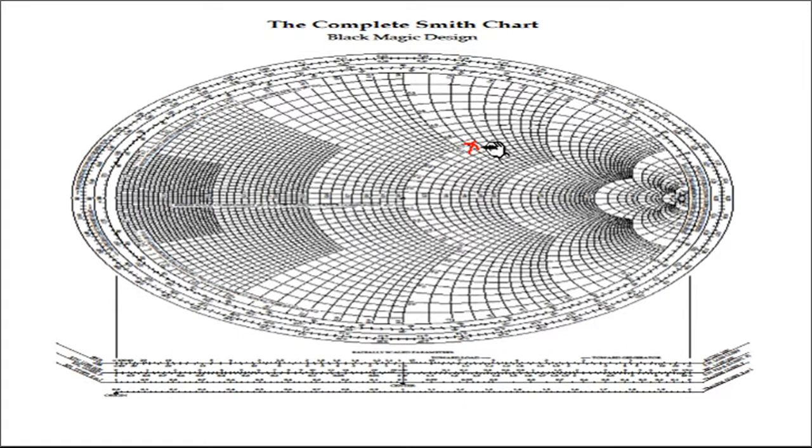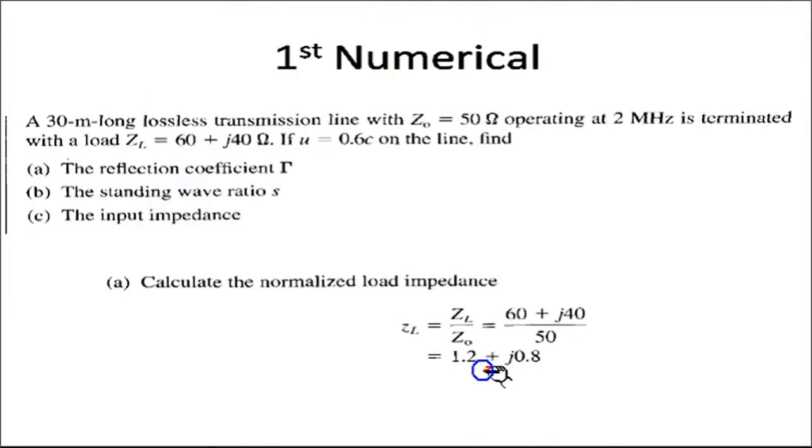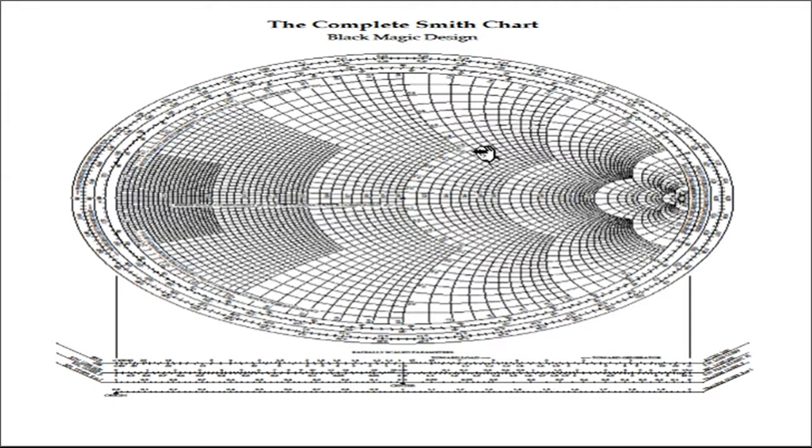Now the question you can ask: why have I marked this point here? Even though I have a circle of 1.2 continuing from here, and I have an arc of 0.8, can I mark it here? No, I cannot, because I need to see the sign. It is R plus jX. If it is plus, it is inductive, so it should be represented on the upper half. So let's say this is the point where R and jX are matching. Now the next point, ask a question to yourself. Once this point is marked, this point is ZL normalized, which is 1.2 plus j0.8.